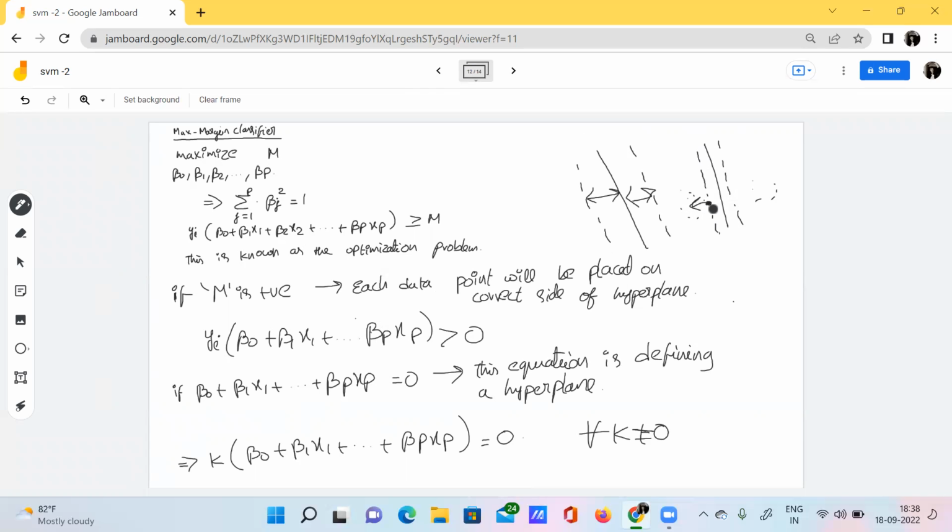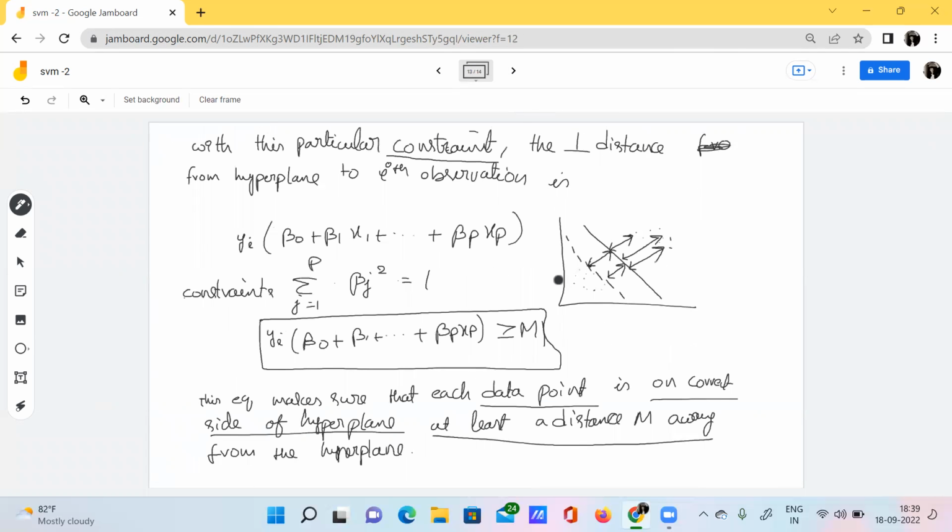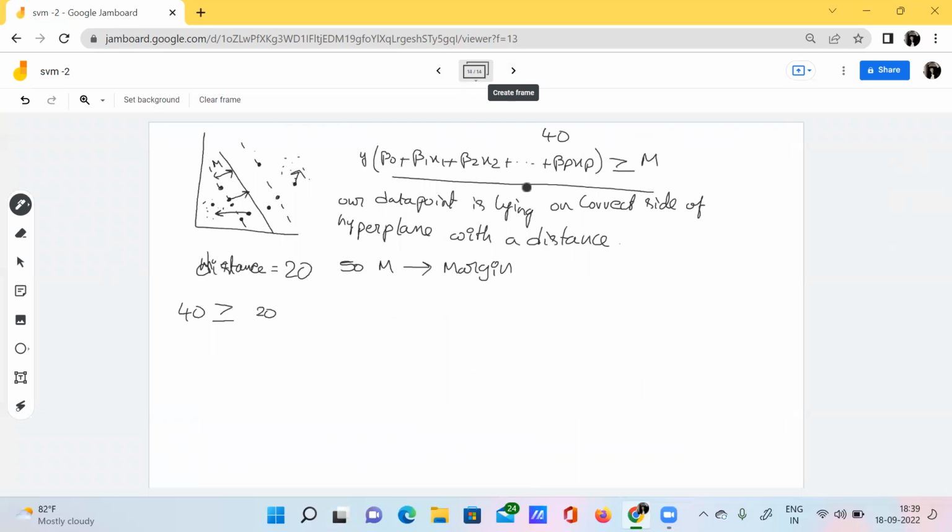Because it is very close to this margin. So our goal is to widen this margin, to maximize this margin, so that we can gain some amount of confidence. With that confidence, we can definitely say that this data point belongs to this particular class, or that this data point belongs to the other class. Okay, that's the meaning of this. So by the overall scenario, what we have understood is that M is nothing but the margin.